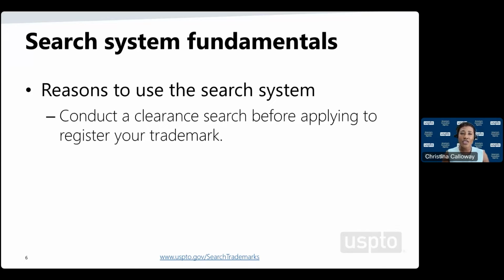So first, you may want to conduct a clearance search before applying to register your trademark. So you file that application with us. There is a fee associated with that. You're not coming to us to buy a trademark or anything of that nature. You're coming to us to tell us what your trademark is and what goods and services you are using in connection with that particular trademark. But before you're doing that, because once you pay that fee it is non-refundable, you're going to want to do a